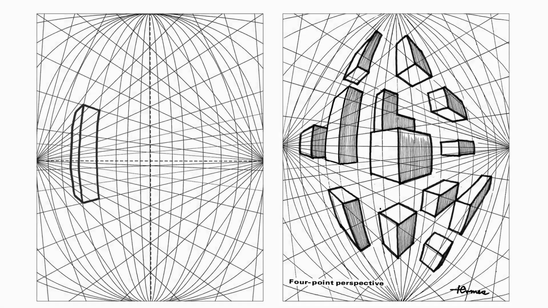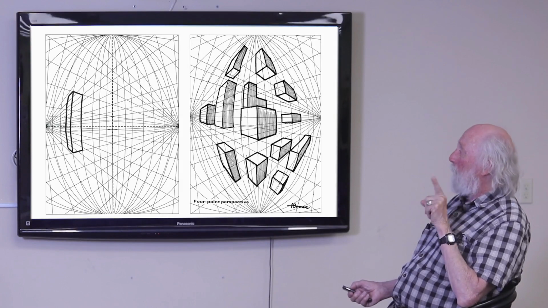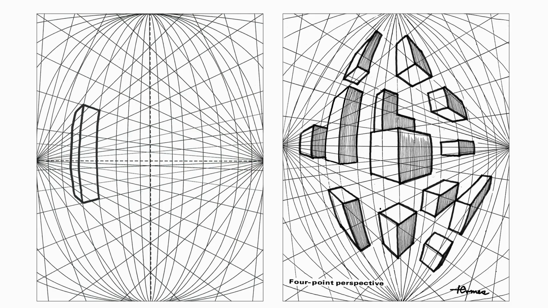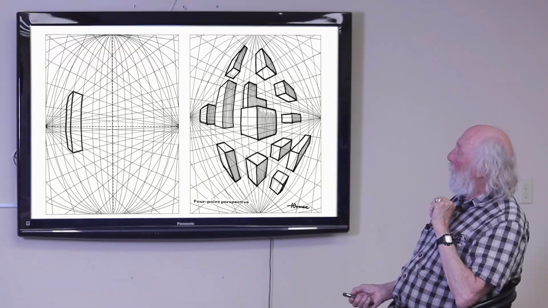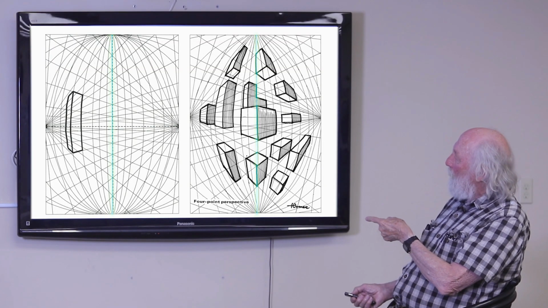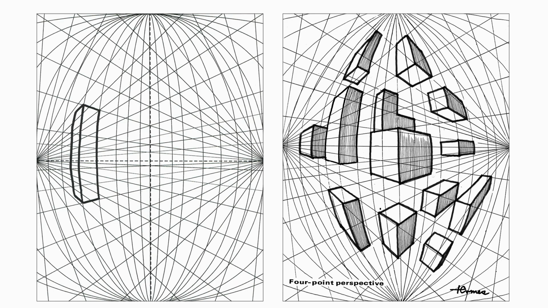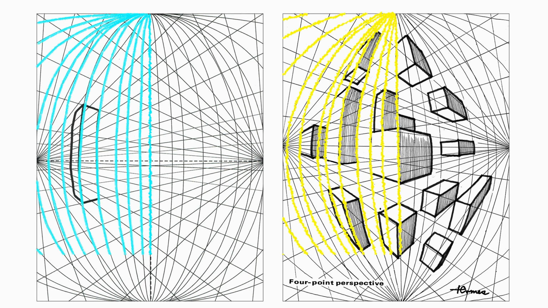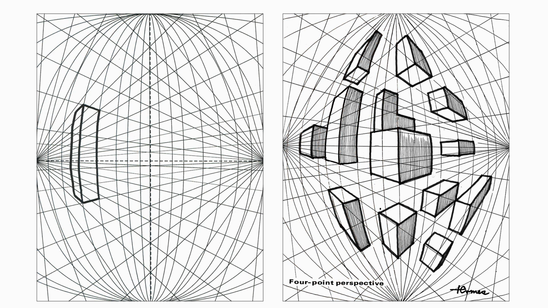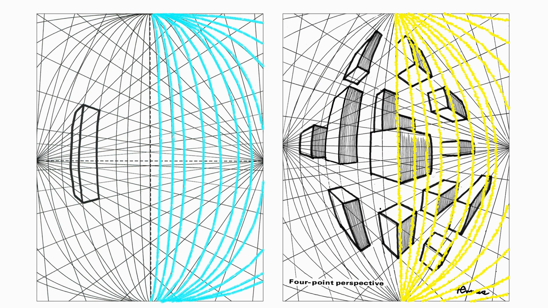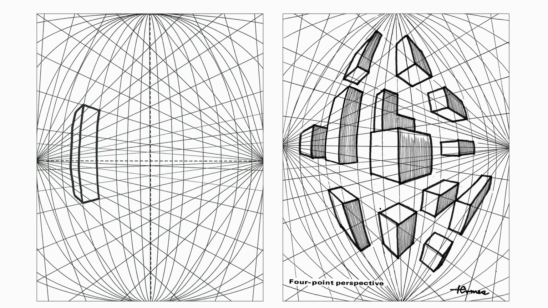Now we're going to shift to 4-point perspective. This is the first time we're getting into curved line perspective. A lot of people say, well, why would you need curved lines to show stuff? Because you can't get this stuff to go to a point down below and a point up above without getting into curved line. The only straight line is right down the middle, and then the rest of it, if you go off to the left, it starts to bulge one way, and if you go off to the right, it bulges out the other way, like a football. So that's the typical 4-point perspective.